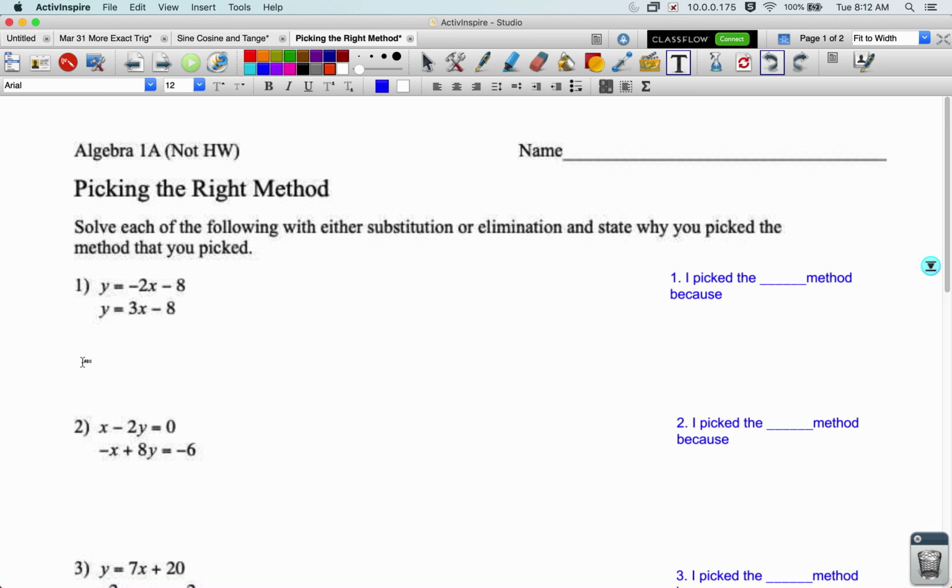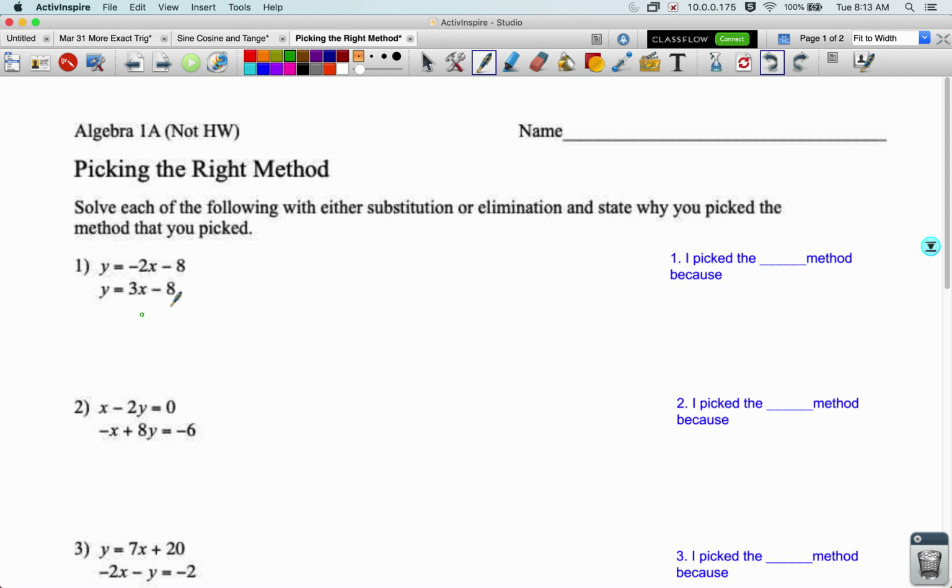The directions here say solve each of the following with either substitution or elimination and state why you picked the method that you picked. So with problem number 1, what method looks best? Well, if I want to consider elimination, I'm looking for a zero pair. If I see a zero pair, then I can go right into elimination. I don't see that here, although these y's could be made into a zero pair very easily. If I'm thinking about substitution, I'm looking to see if a variable is already isolated, and I do see that here. And with both of the y's being isolated, this is actually a really good one to do a substitution,